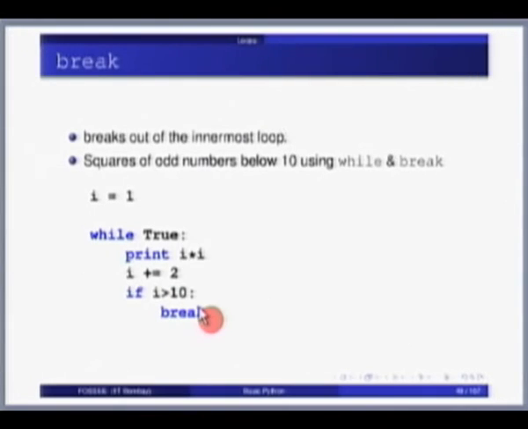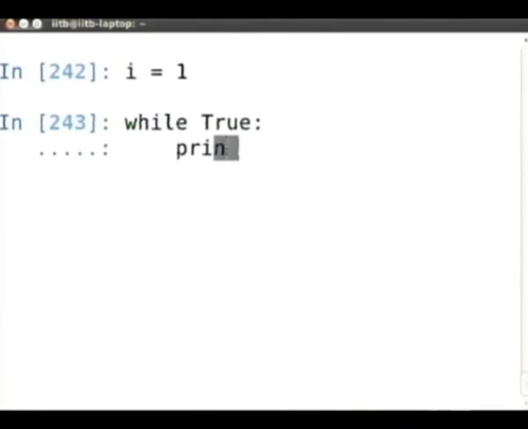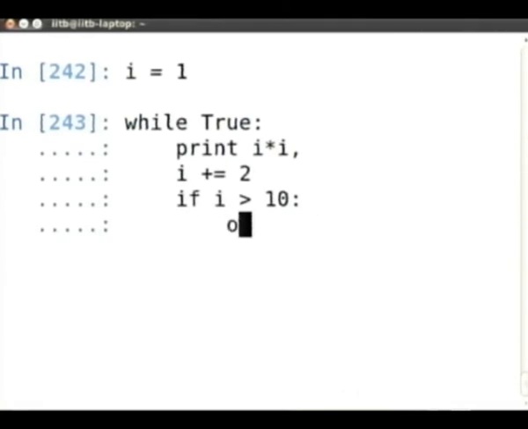Okay, so let's just try this. Okay, that works.